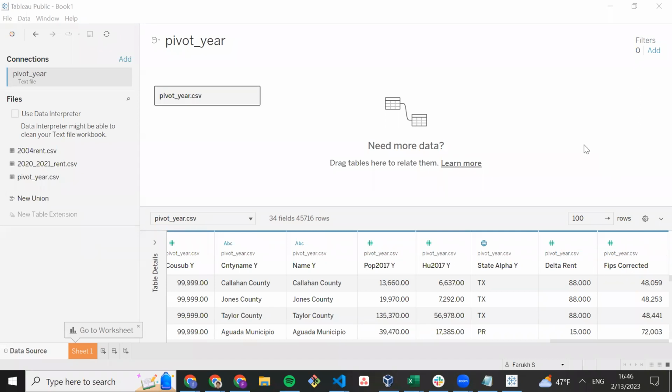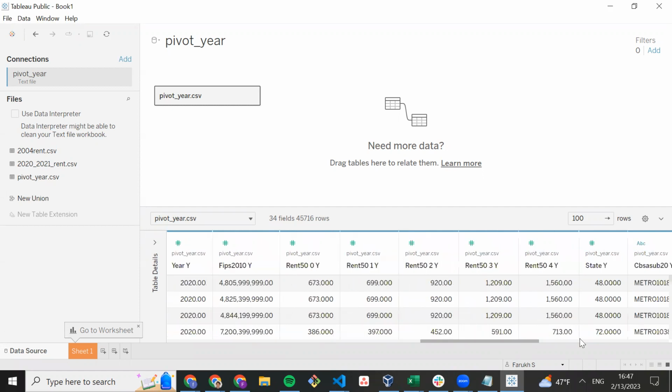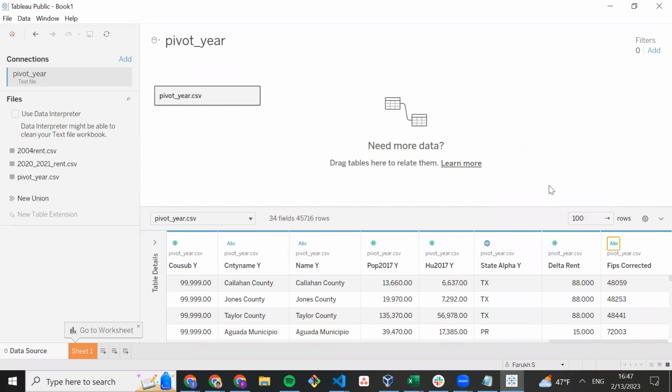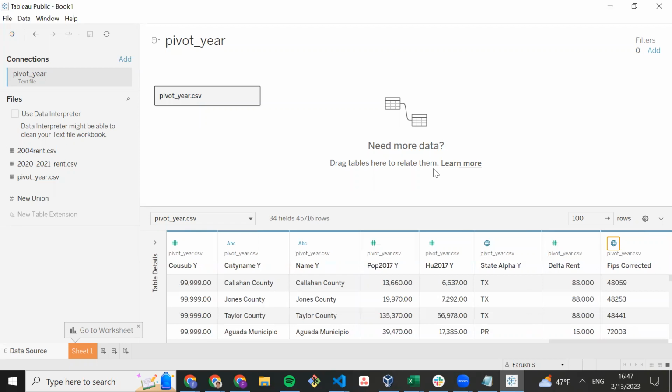We can transform data in Tableau by clicking on the type inside of the columns. Here we have a pound sign that stands for number. We are going to click on that, select string, and that's going to take a second to process. After we've converted that into a string, we are going to specify that this is a geographic county. Once again, it is sometimes necessary to make these transformations in Tableau. However, in an ideal pipeline, we should not be doing these kinds of things in Tableau.